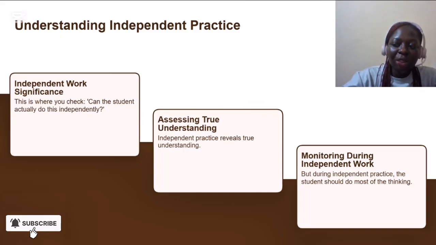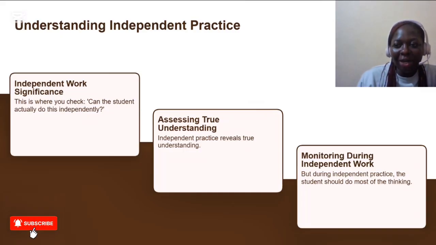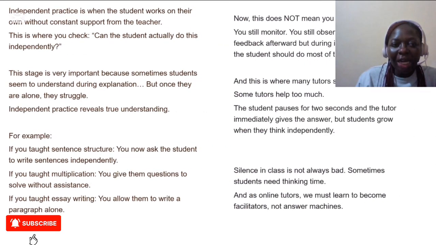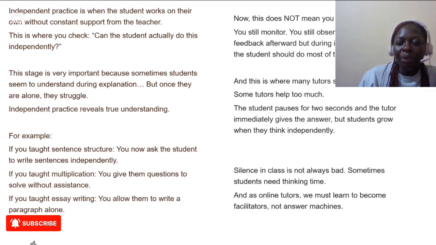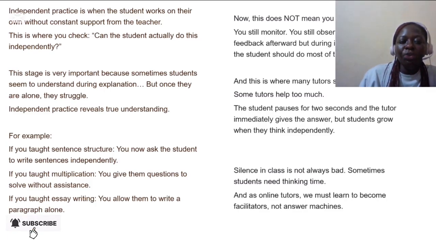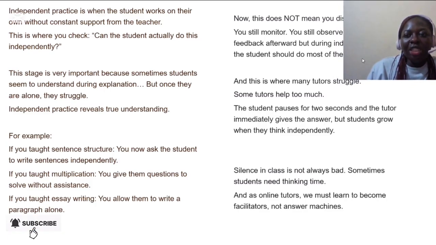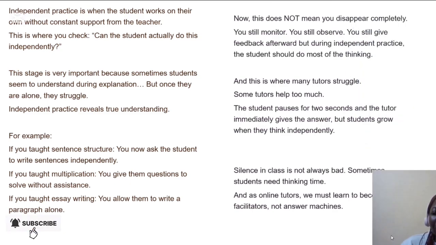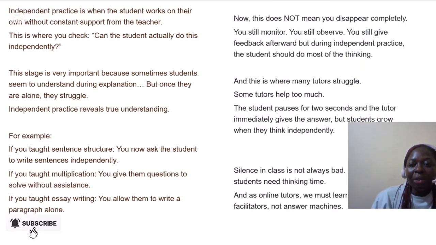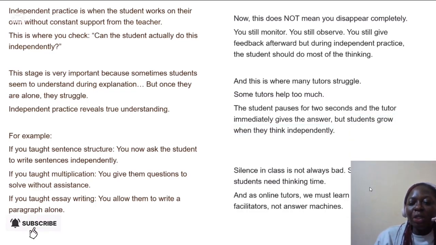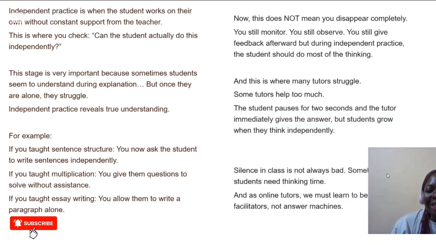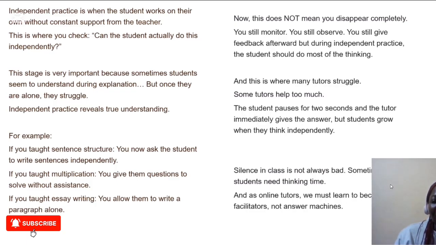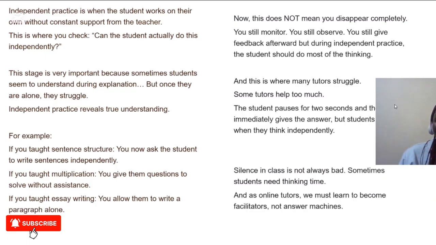You monitor, you observe, you give feedback. Afterwards, not immediately. Feedback is not given immediately. You give feedback after the child has done their task. So if the child is feeling like they need your help, it's okay to guide them. You can tell them, okay, you can do it like this. But don't end up teaching again when you're doing independent practice. Independent practice is for them to do it. So you must become